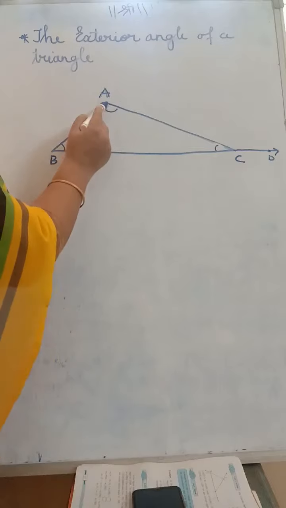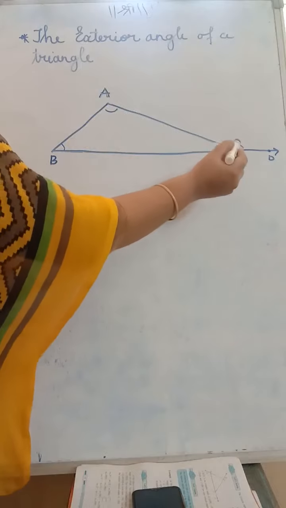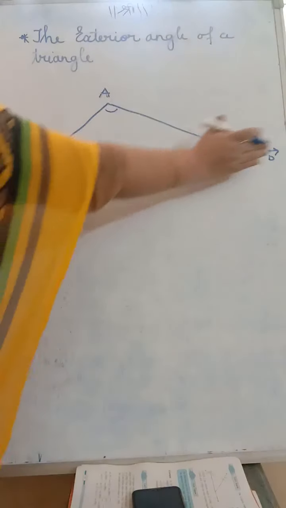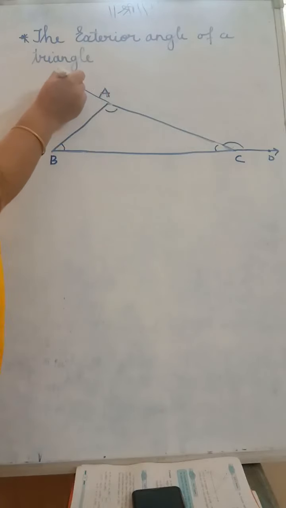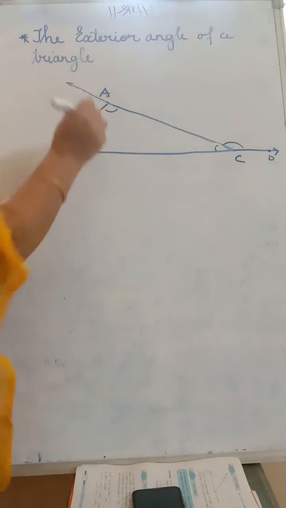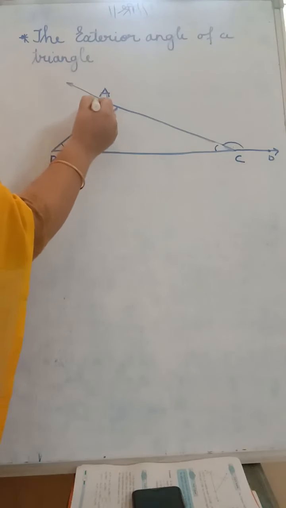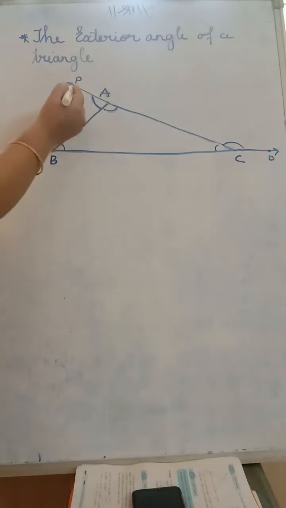Now we have one angle. See here, angle ACD. Did I get an angle here? This angle is outside of the triangle, so angle ACD is called an exterior angle. Did you understand? BC I extended outside, no? Now CA I will extend outside. See here? CA I extended outside. Now this is the interior angle. One more angle is formed here. If I name this point P, then angle PAB.